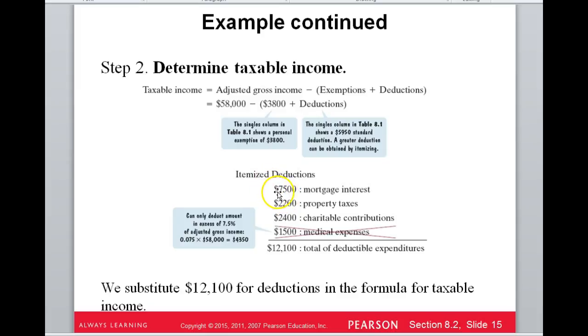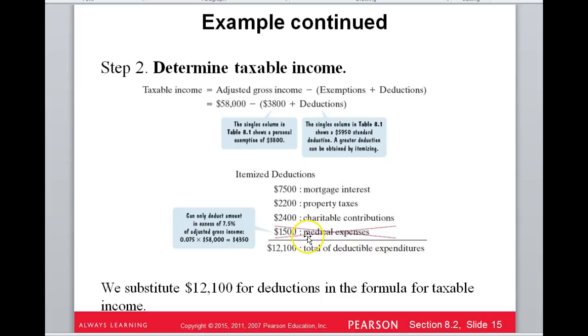All right. $7,500, $2,200. The medical expenses, according to this, you have to exceed 7.5%. I believe it's all the way up to 10% now of your adjusted gross income, if I'm not mistaken. So at the time this was written, it was 7.5%. So her adjusted gross income was $58,000. 7.5% of that's $4,350. She did not exceed that, so she can't deduct that from her adjusted gross income to